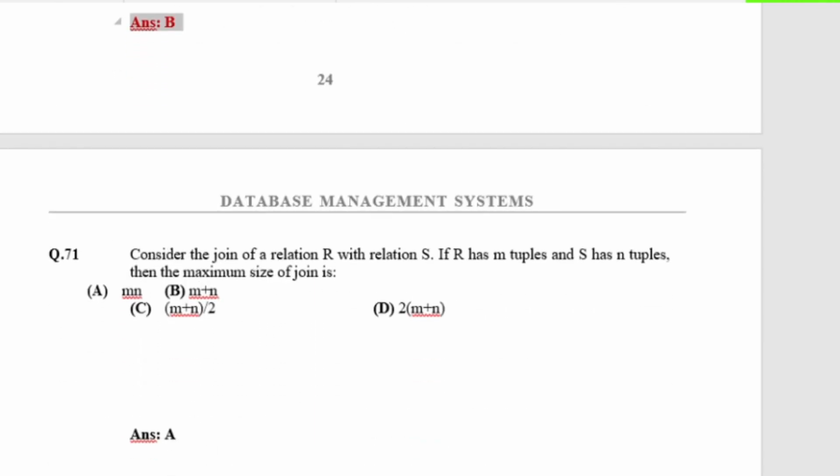Consider the join of a relation R with relation S. Two relations R and S. If R has M tuples and S has N tuples, then the maximum size of join is: A, M times N; B,